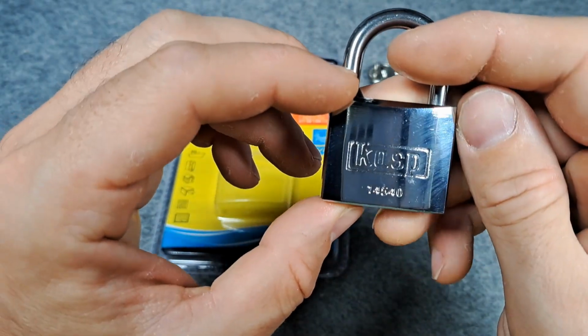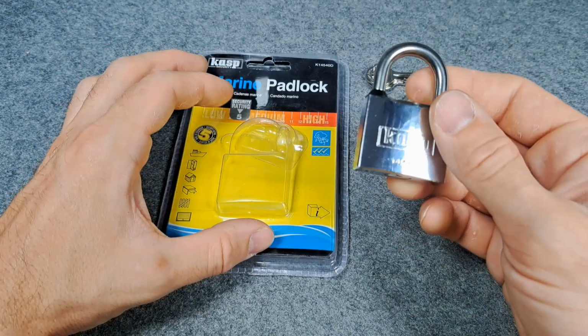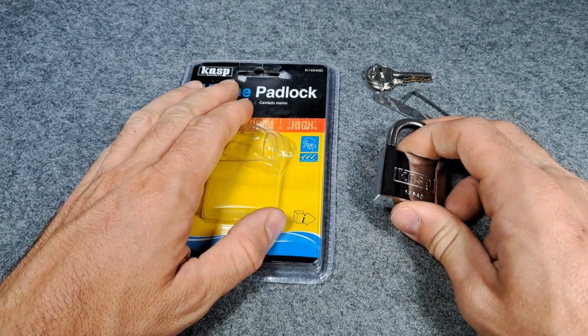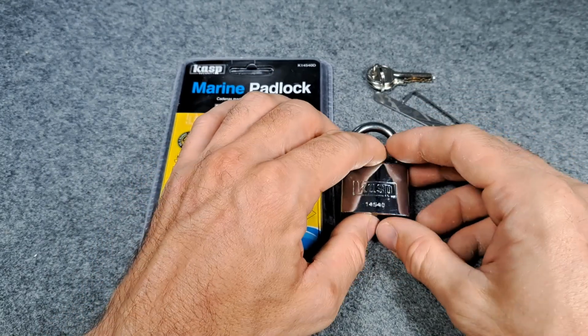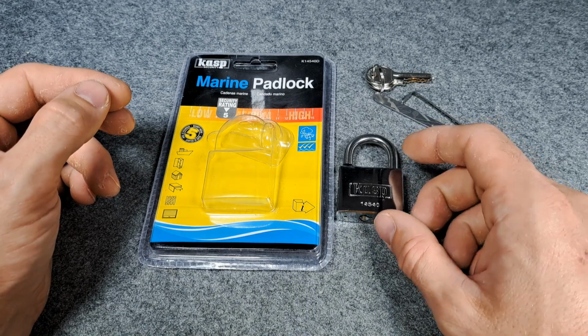In today's video we're gonna have a look at this Kasp 14540. It is a marine graded padlock, and more on this in a second. And yeah, I just ordered this out of desperation because I ran out of locks on my summer vacation or